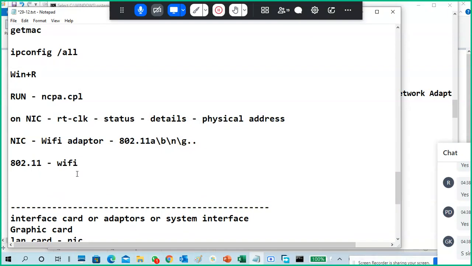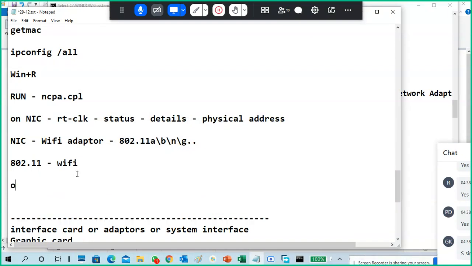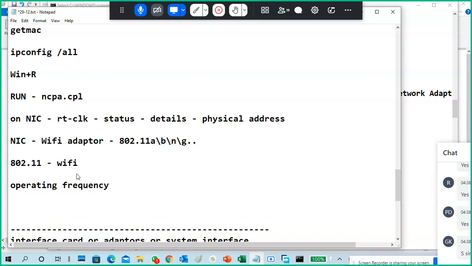When you see a Wi-Fi, compulsorily check the operating frequency and the data bandwidth. Frequencies are like 2.4 gigahertz, which means lower speed. That is radio frequency, which is nothing but the operating frequency.